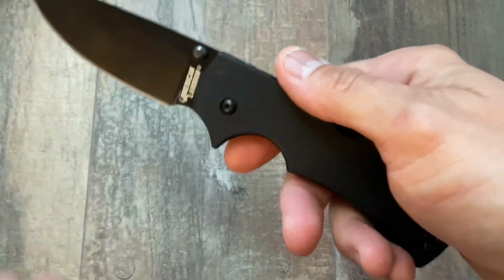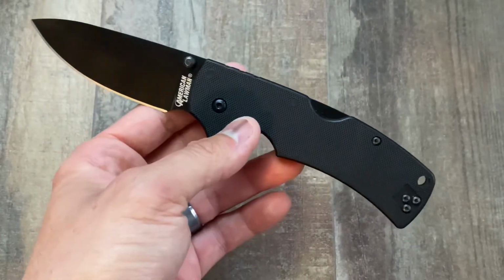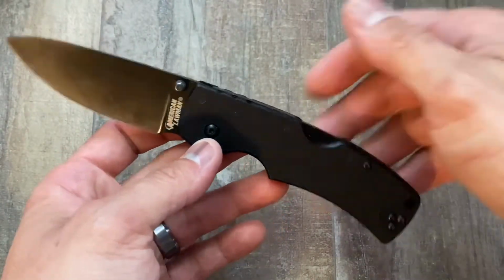So American Lawman, I've been pleasantly surprised by the design. Just wanted to share my thoughts,